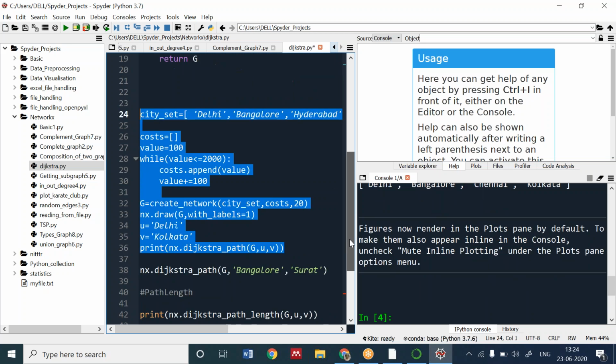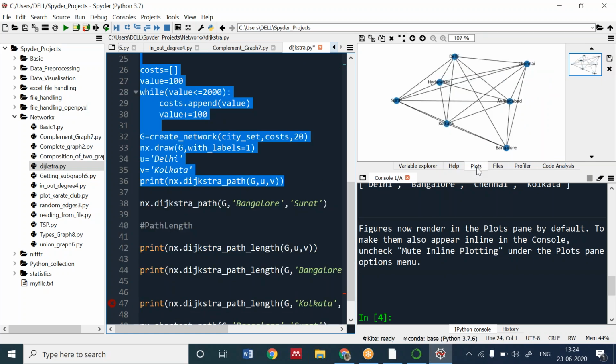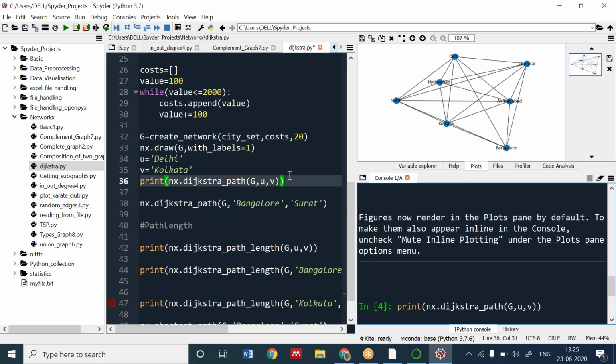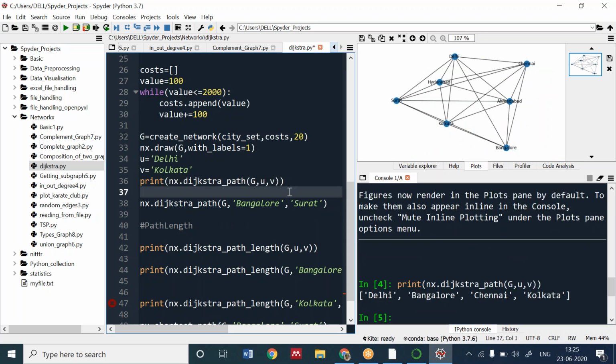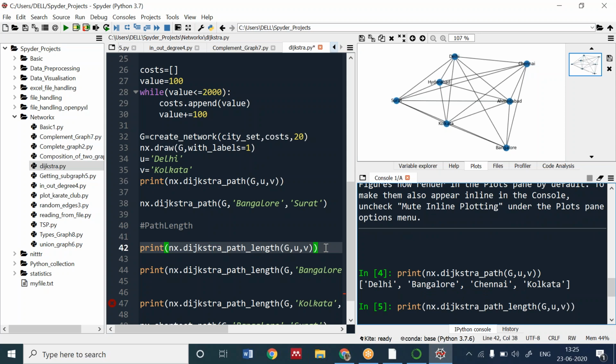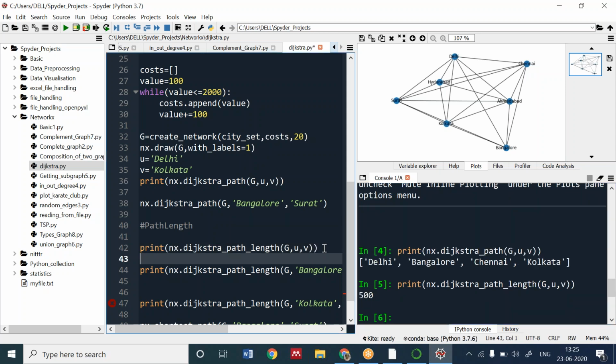This was the plot. Now I have seen the Dijkstra path for this: it is Delhi, Bangalore, Chennai, Kolkata. I want the path length for this. It's 500. To reach from Delhi to Kolkata, the cost is coming to 500.